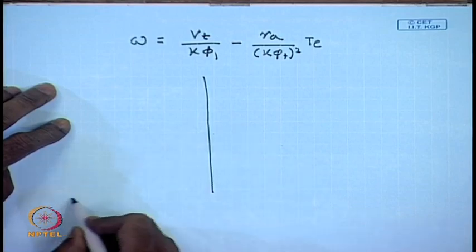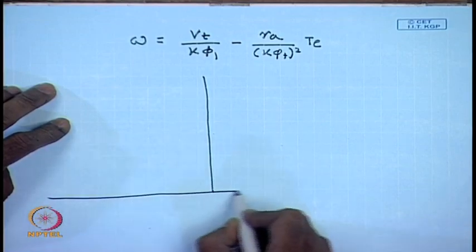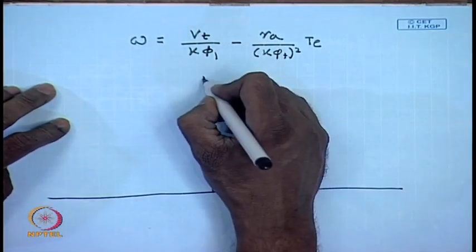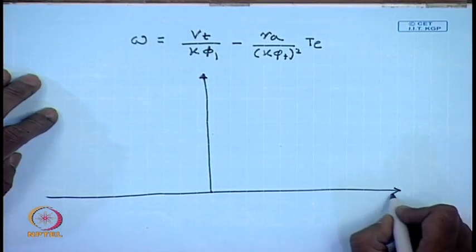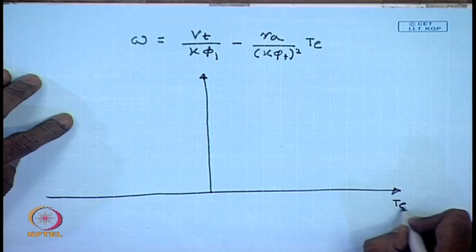And with our assumed positive direction of current flowing into the machine, the motoring mode torque is positive and the generating mode torque is negative,